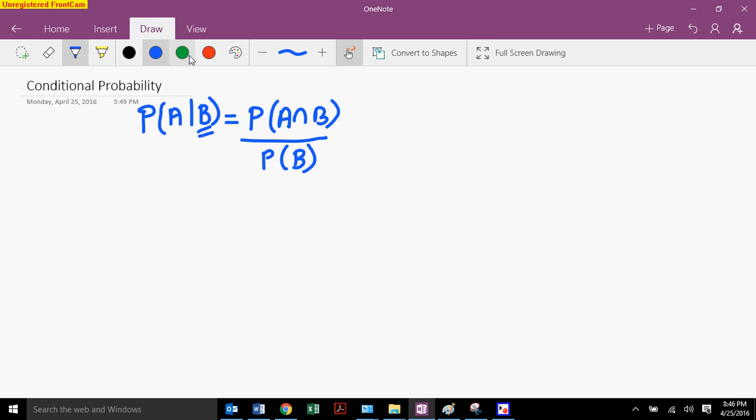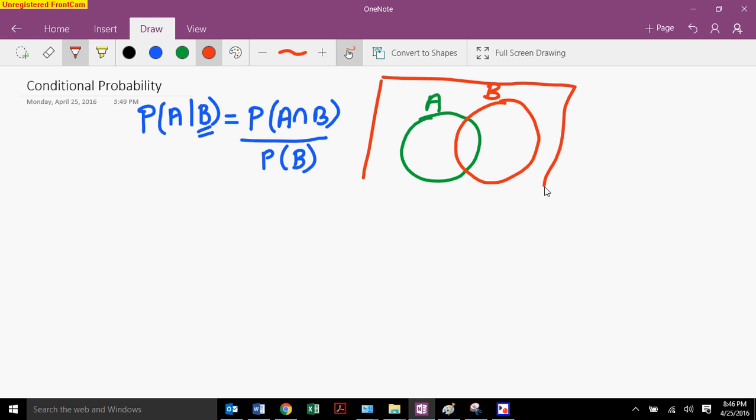To better understand this, let's take the concept of the Venn diagram. Say this green circle represents A and this blue circle slash egg thing represents B. So this is the whole universe, right? This is the whole universe of events possible. So this is represented by a sample space S. Now I'm asking what is the probability of A given B. Now since I have the concept of given B,